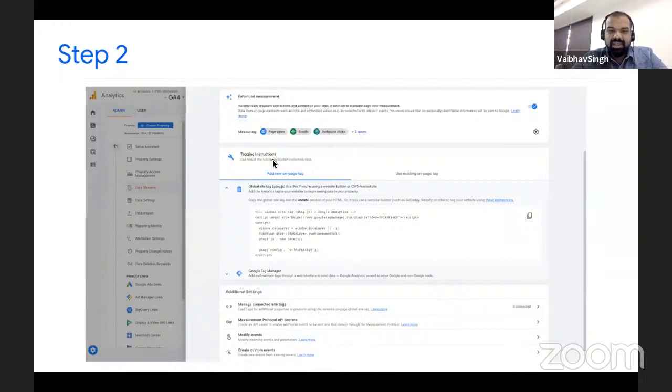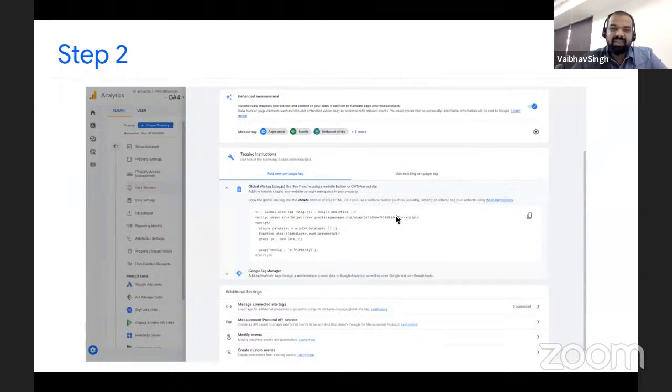Now, when you land on the screen, you will see two options. You want to add a new on-page tag, or you want to use an existing on-page tag. So if you are still using gtag or Google Tag Manager on your page, you just need to change the analytics code over there. But if you're still using UA3 on your Universal Analytics, you could upgrade by copying this code onto your website. Now, if you look a bit closely at this code, it is very much similar to Google Tag Manager. The only thing which is changing is the ID.